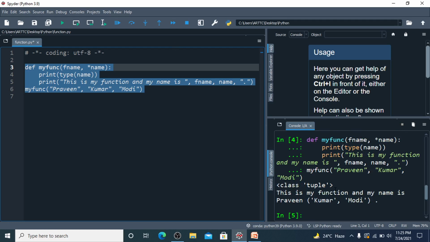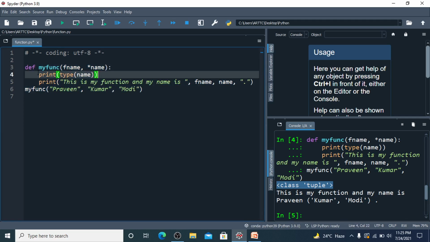You can see here it belongs to tuple and is iterable. So we can use a loop statement to get the full name. Now we'll use this iterable to print the full name of the user.